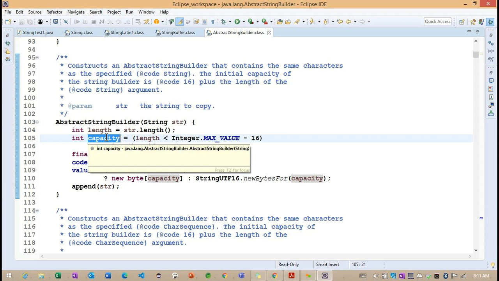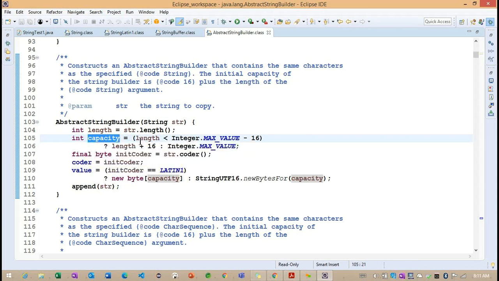So the first two constructors we identified: the default constructor, which provides the 16 capacity, and the second constructor, where we can explicitly provide the capacity. But whenever we work with the StringBuffer constructor that takes a string as a parameter, this is the logic we need to understand.